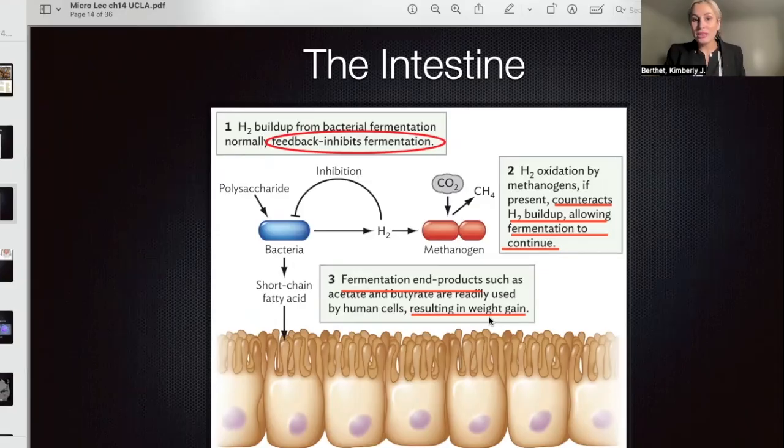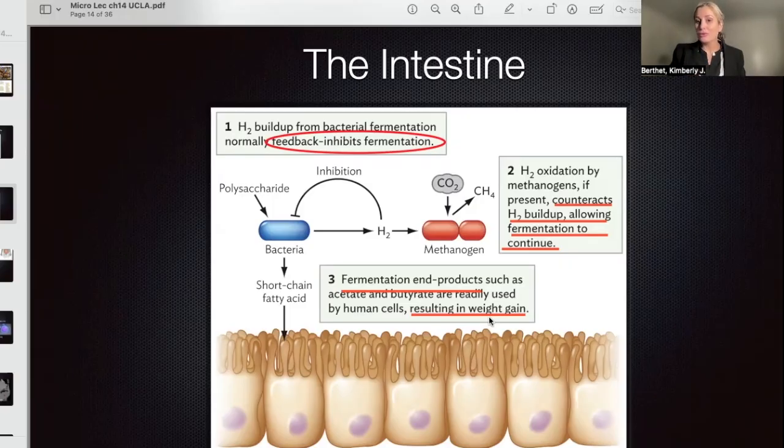I know this is a really complicated connection, so I'm just going to go over it one more time. Our body ferments food, and so does bacteria within our GI tract. When bacteria ferment the additional food, they produce hydrogen gas. The hydrogen gas builds up to a certain amount that it will stop fermentation. So it's what we call a feedback loop. Feedback inhibition stops fermentation because we don't need any more fermentation. We have enough of the end product, hydrogen gas, and we've made enough calories.